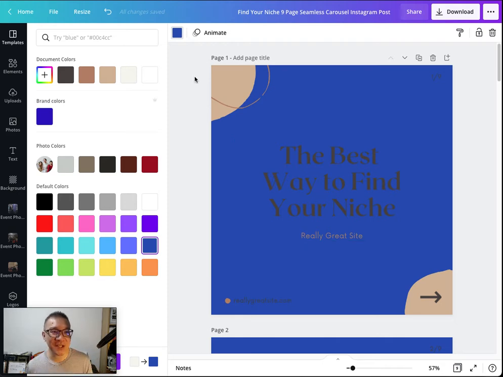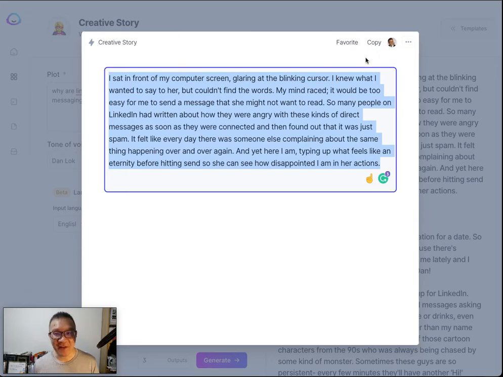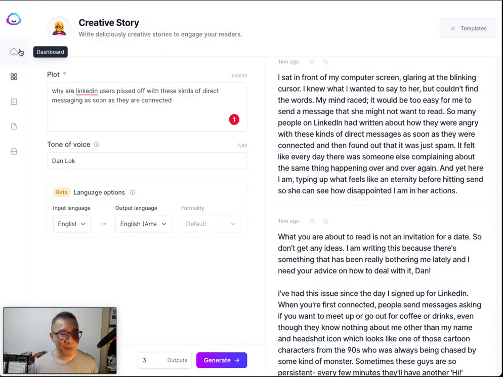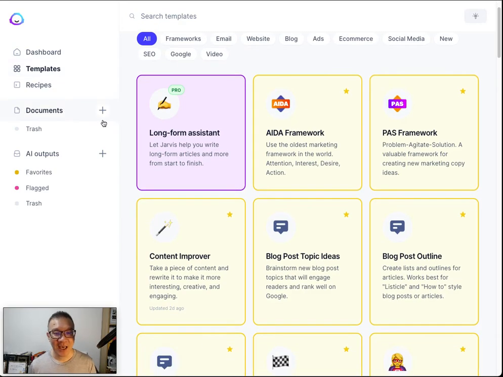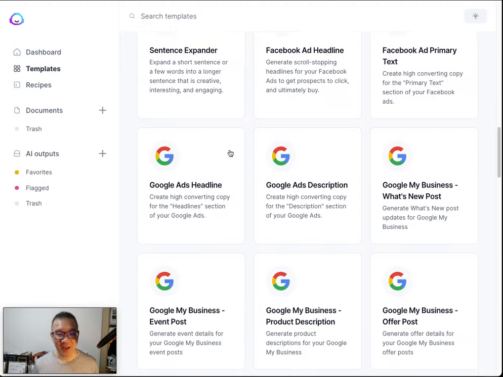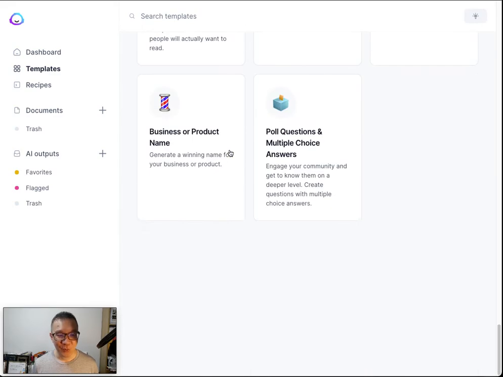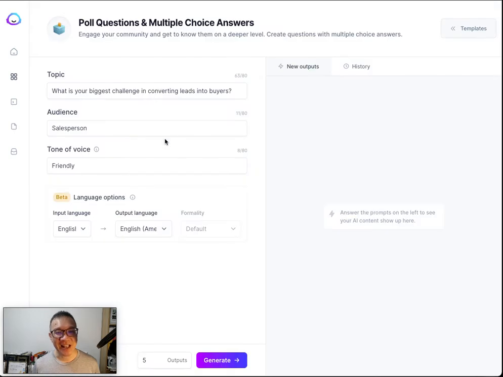For the purpose of this one, I'm going to my Jarvis account again. I'm going to use this template. If you have a Jarvis account, you can stop the video and follow what I do. I go down to this particular one called poll, which is actually my last one, poll the question and MC answers. Poll the question and multiple choice answer, because the first thing I need to do is create the question. So the question could be